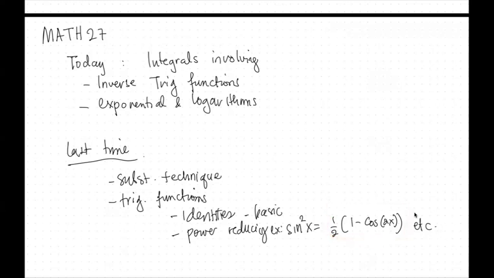So to begin today's lecture, let us recall what we have discussed last time. So I will begin with an example on integrals with trigonometric function. So here, I will start with the integral. So this is our review. So the integral of sine of x raised to 5 dx. So how do we solve this integral?